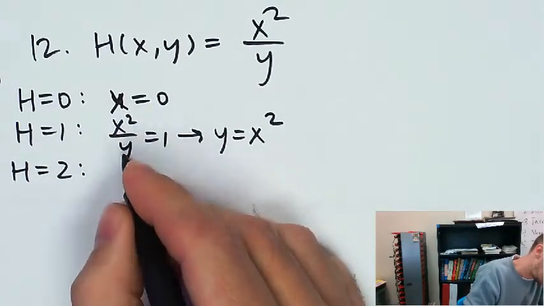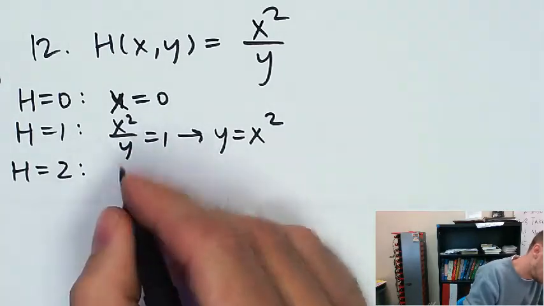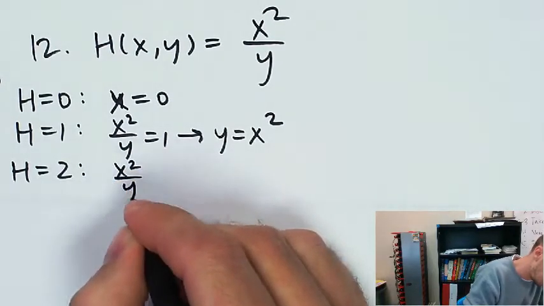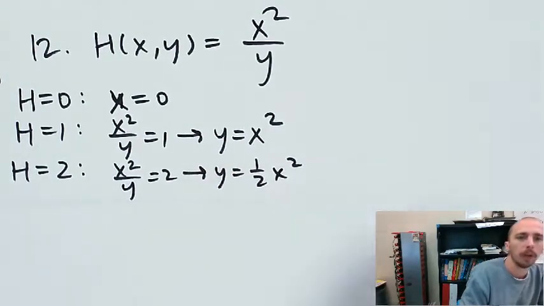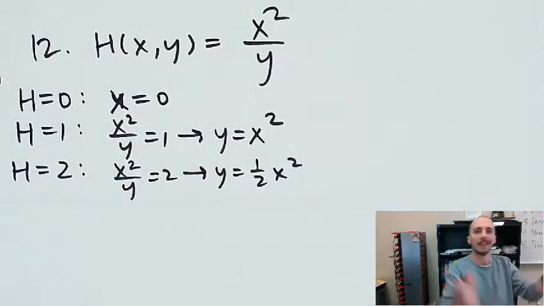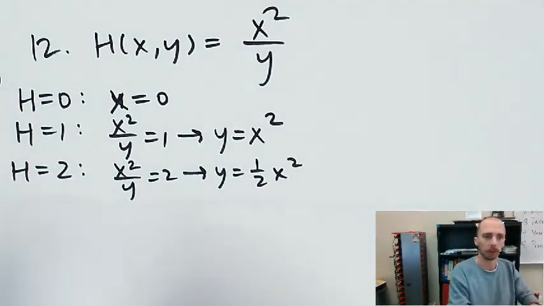H equals 2. X squared over y equals 2. So 2y equals x squared, meaning y is 1/2 x squared. Okay. So if I wanted h equals 3, I'd get an even wider parabola, but that's still starting at the